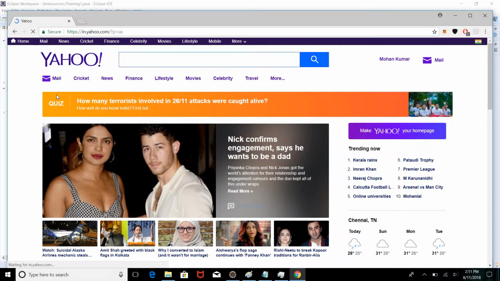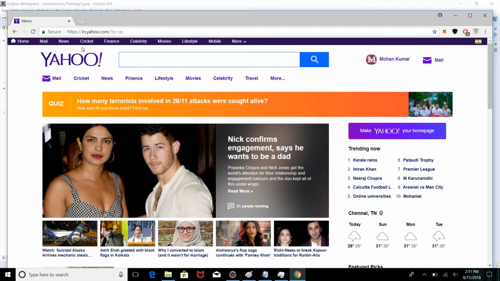So now we have successfully launched the browser and we have opened the URL. Till that point we have reached. Assume now we want to make some actions in this website. Assume you want to click this finance button. First we have to